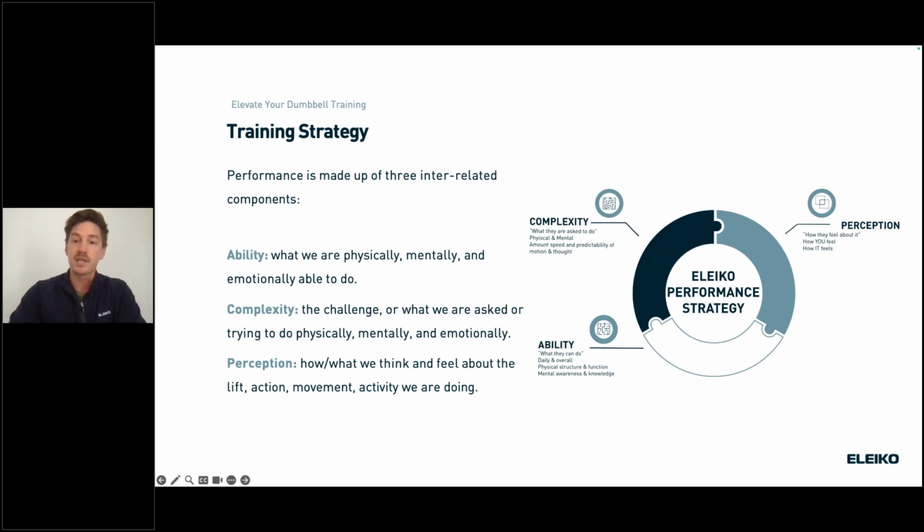And when we're experiencing something too far above or too far below our ability, then we tend to have a poor perception because it was either too difficult or too easy for us. And this is where and why we need to better match what we're asking to match someone's ability. Right? When complexity matches the ability, it is likely that a positive perception will be achieved. And when a positive perception will